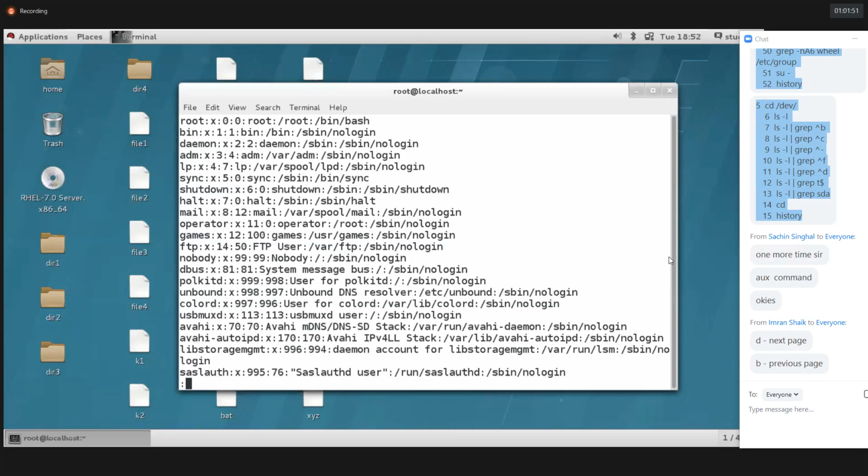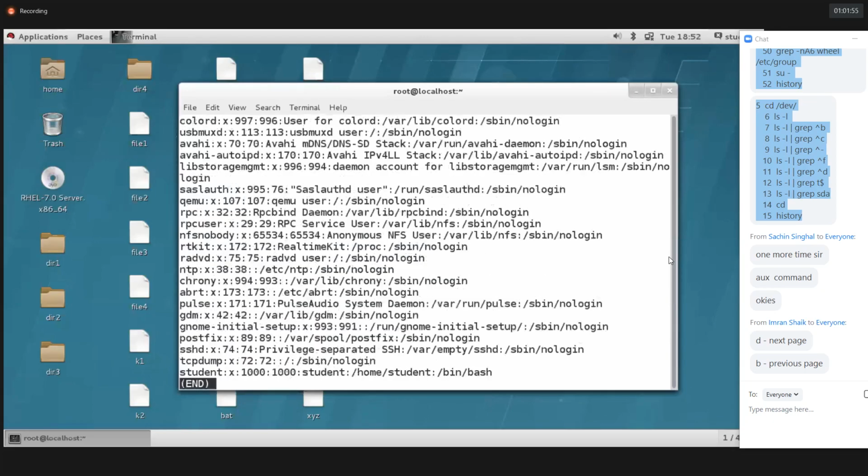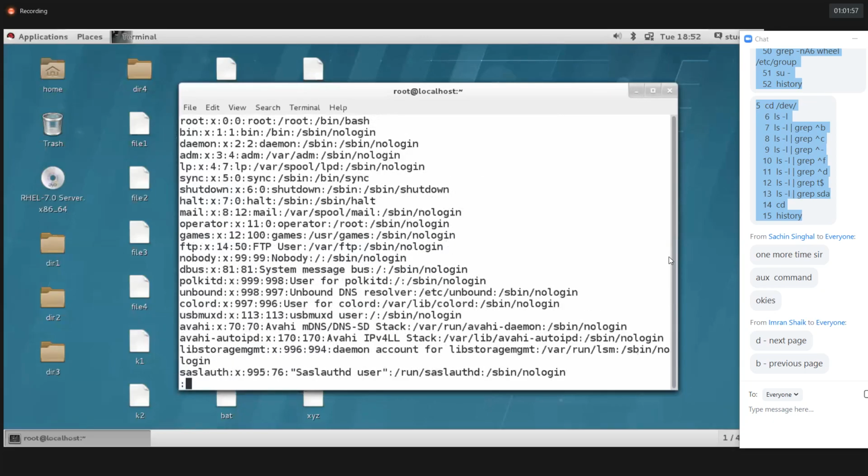So D is the next page and B is the previous page. If I'm using D, next page; if I'm using B, previous page. Clear? You can navigate like this also. If you want, you can use the page up and page down keys also. There are no issues. So clear, guys.